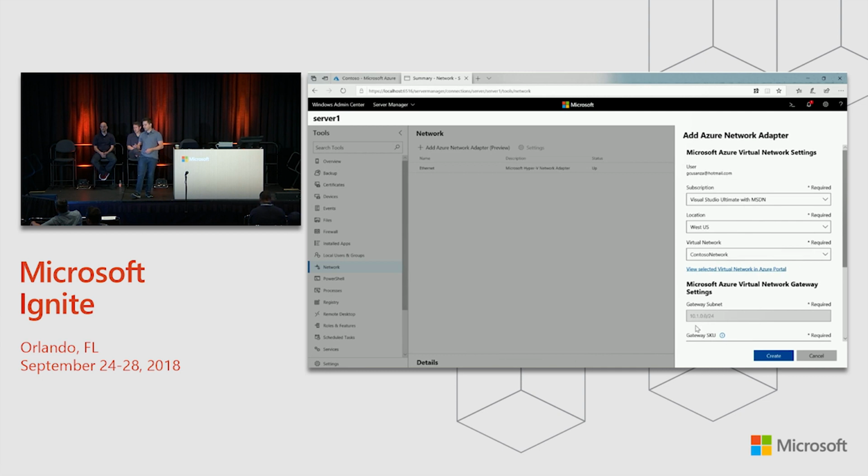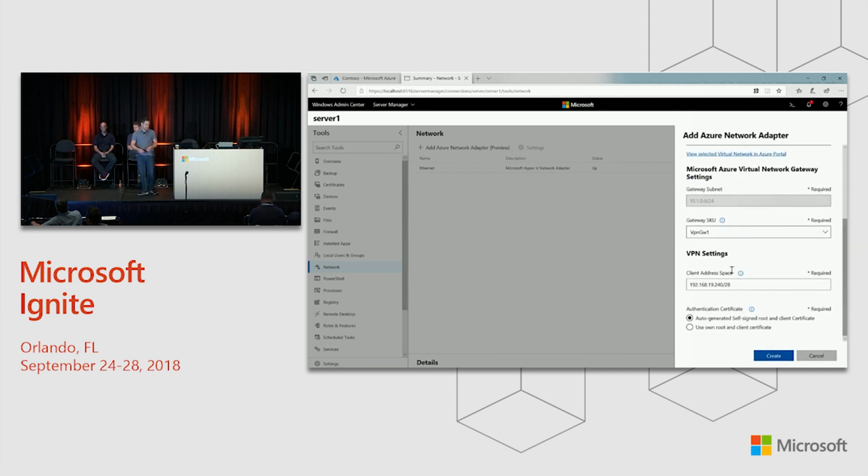We have deep links. If you click on that, it'll take you directly into the virtual network that you've selected, so that we don't have to recreate the entire Azure experience in Admin Center. We want to be able to deep link in there to get you there so that you can then do the more advanced things directly from Azure. But for making things easier, we do that through the Admin Center.